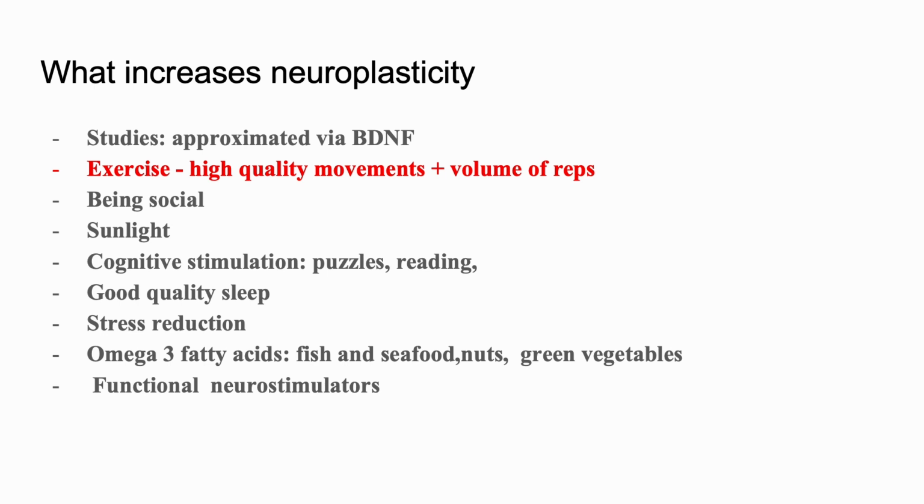There are also a few mechanical devices like functional neurostimulators that would also increase your NP. Some of these are known as, though it wouldn't be functional at this point, your slap-on neurostimulators, like your E-stims. I think they're called V-stims, which you just strap onto the muscle and turn on, and they stimulate the muscle. But functional neurostimulators are better, and there's more evidence for them.